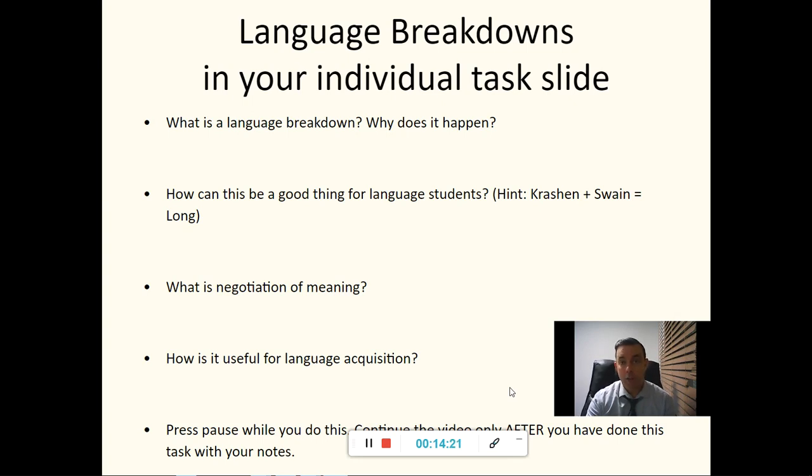And another major concept for Long was, of course, negotiation of meaning. And what is that? How could it be useful for language acquisition? And while you're doing this, you want to press pause and then continue the video only after you've done this with your notes. And just a little reminder,